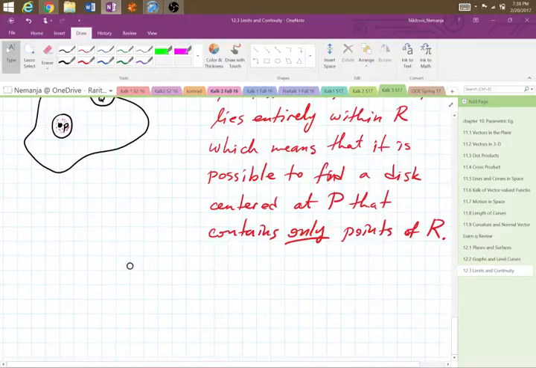Now, why would this be important? Well, remember that you also had those crazy points when you had limits in Calc 1. 1 over x. Right? 0 is a crazy point there. Because 1 over 0 is an undefined value. So